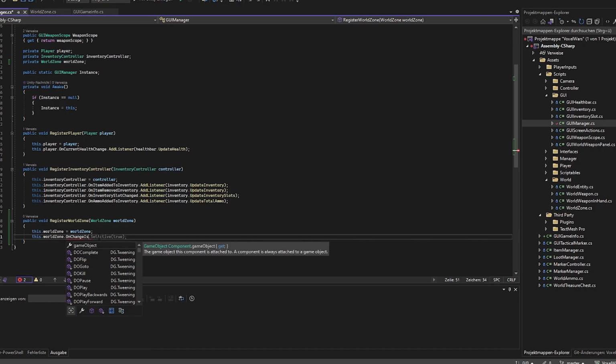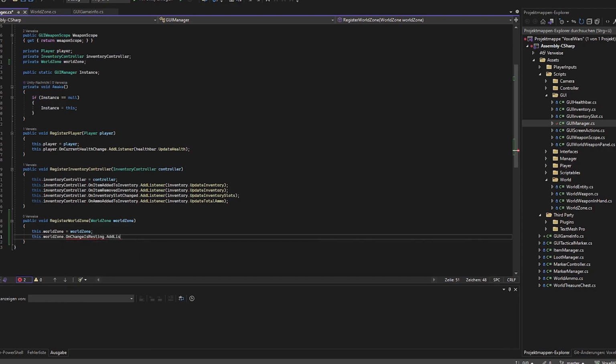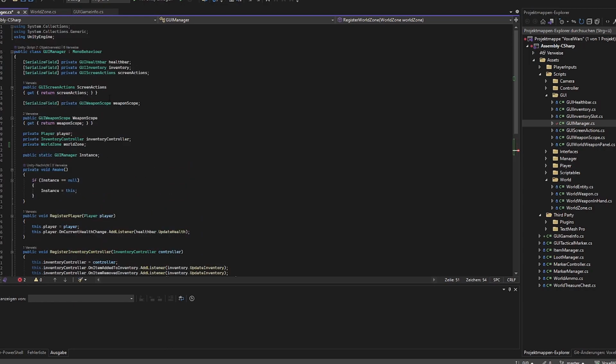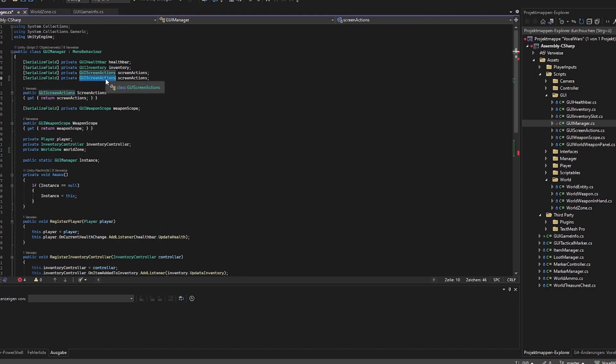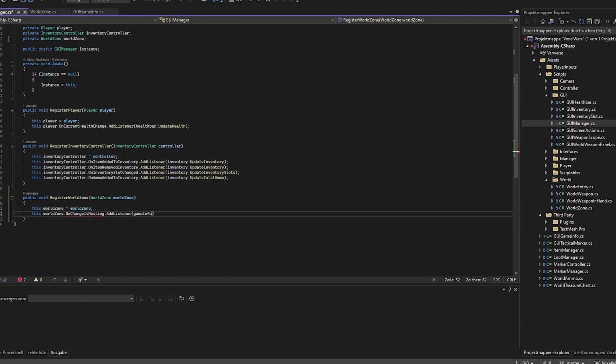On change is resting, and then we just have the add listener for that, and now we just say we want to have the UI game info, and this is the game info where we say, okay, game info dot update is resting. I think this is the correct way,